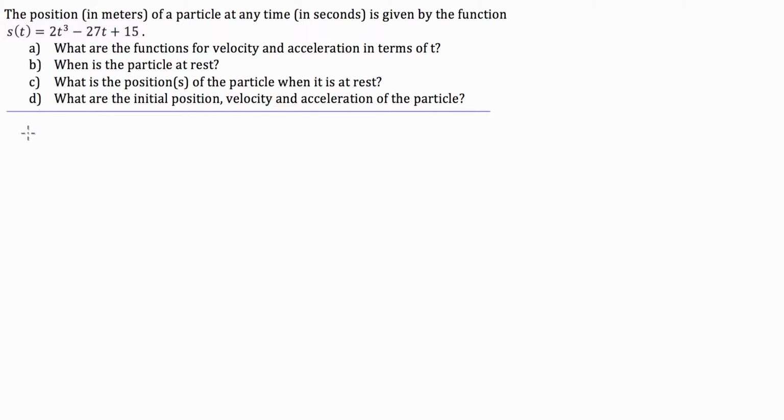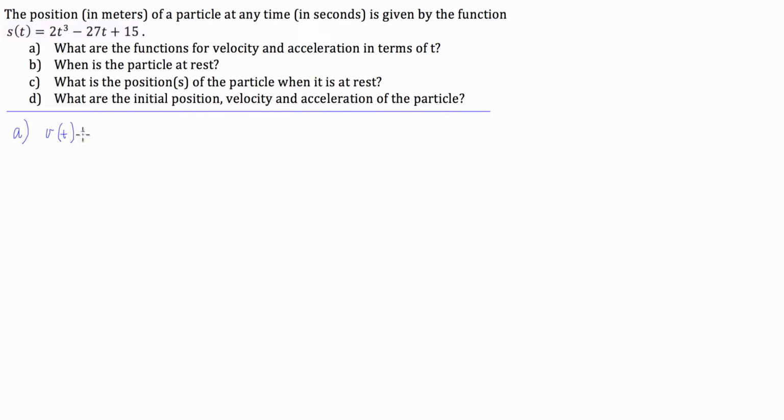Okay, well, what I'm going to be explaining here, using this problem as a method of explanation, is the relationship between displacement, velocity, and acceleration. And I'm going to use this problem to demonstrate it. So the first part, A, the function for velocity, or v